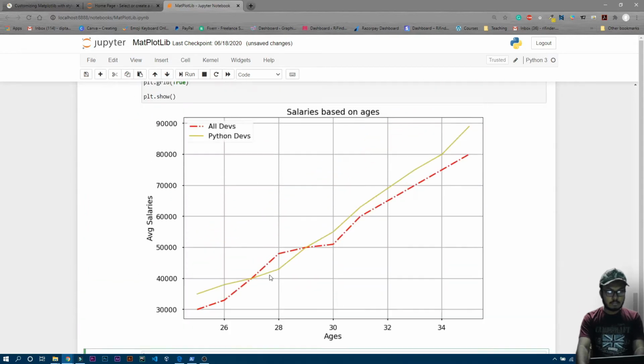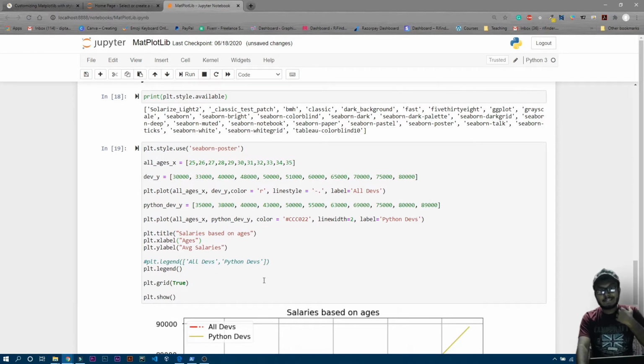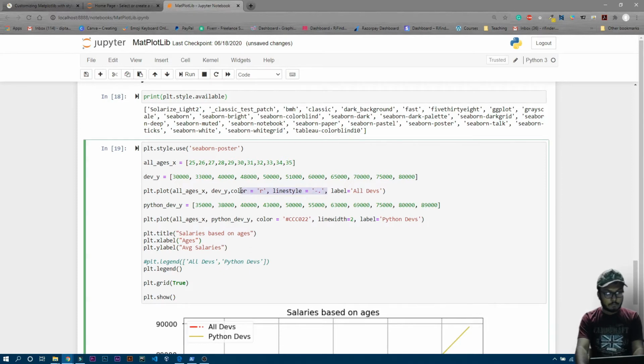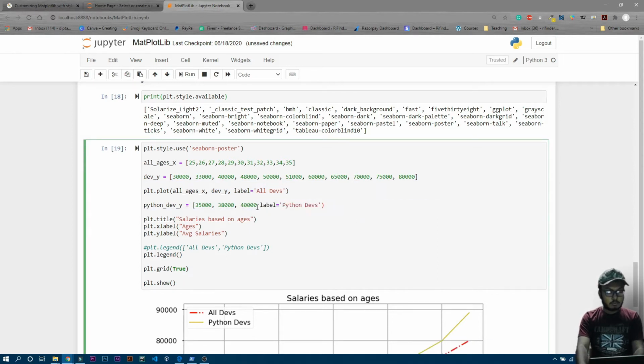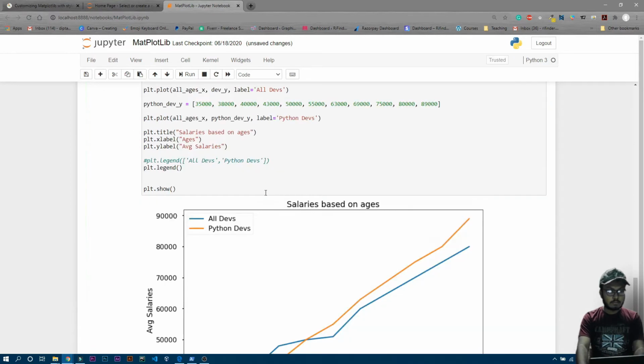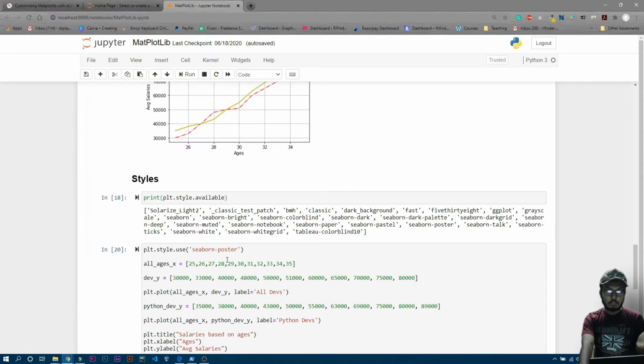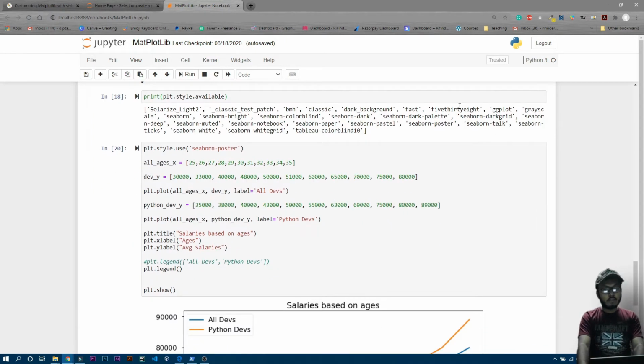So yeah, now you can see this is that particular style, but we are also using some extended customizations. That is because we changed the color, line style, label and all. So let's remove these things as well. Let's remove the color and line styles from there and over here as well. And let's remove this grid as well. Okay, let's run this cell and see. Yeah, now you can see this is the default style of this Seaborn poster, and I already told you that